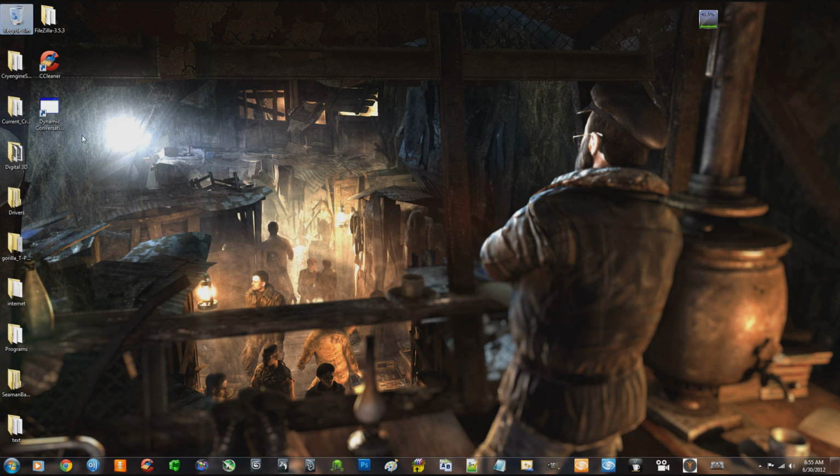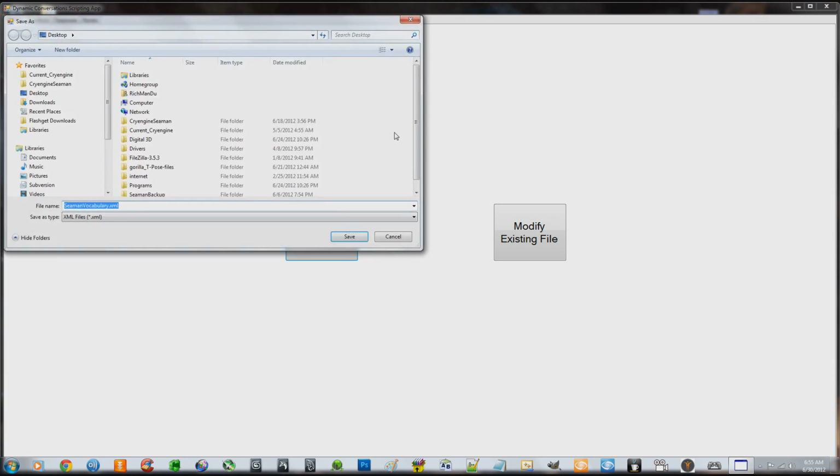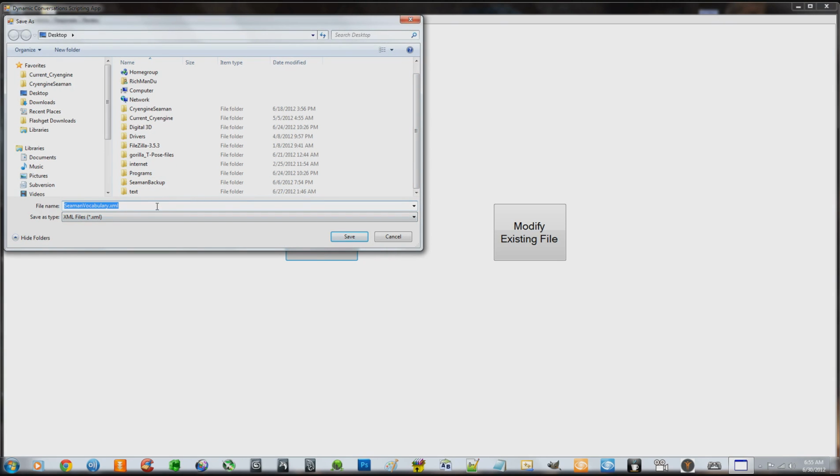As you can see, I don't have any XML files on my desktop, so let's go ahead and open this app up. I had two buttons. Remember, one worked, which was the create new file, and the other didn't, modify existing file. But since I don't have any, let's go ahead and create a new file, and let's name it